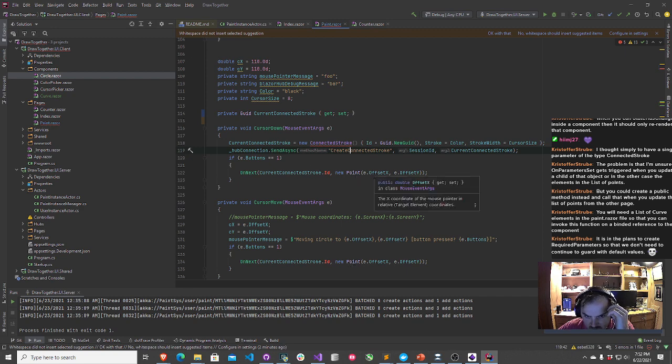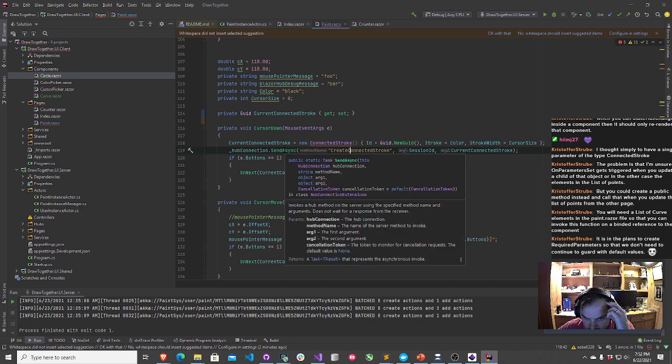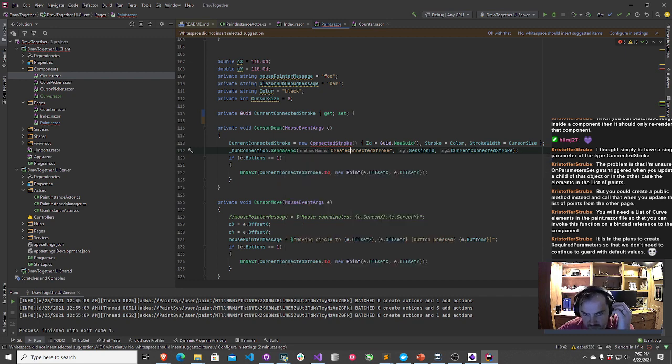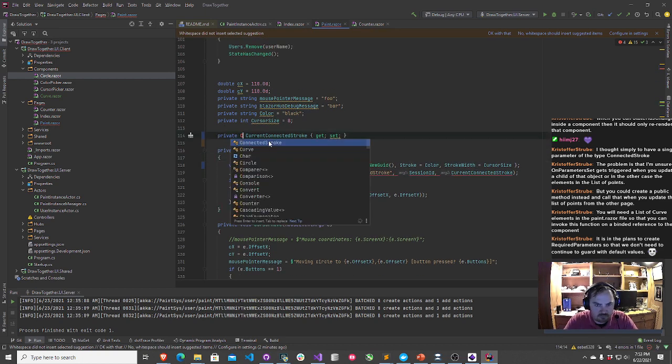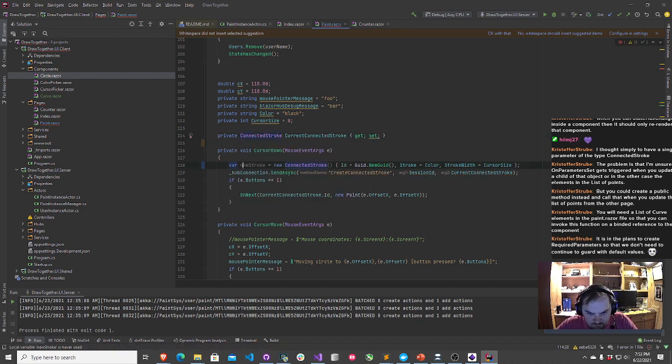Actually, this is probably okay. We just have to create the connected stroke the first time. Okay, let's do that. Actually, you know what? We'll go back to connected stroke. Actually, no, we don't need to.